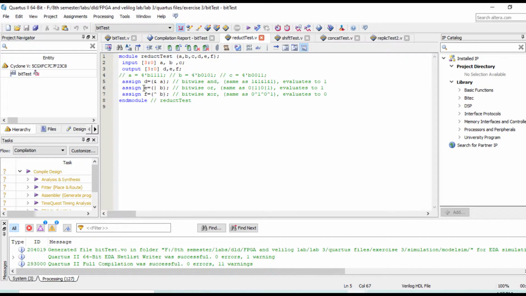Next, here you can see assign E is equal to OR, and in the OR gate operation 0 1 means the output is 1, and here 1 0 is 1, and 1 1 is also 1, so the result will be 1. Similarly here is the XOR operation, and here end module, our code is finished, and now it's time to move towards the waveform of this code.